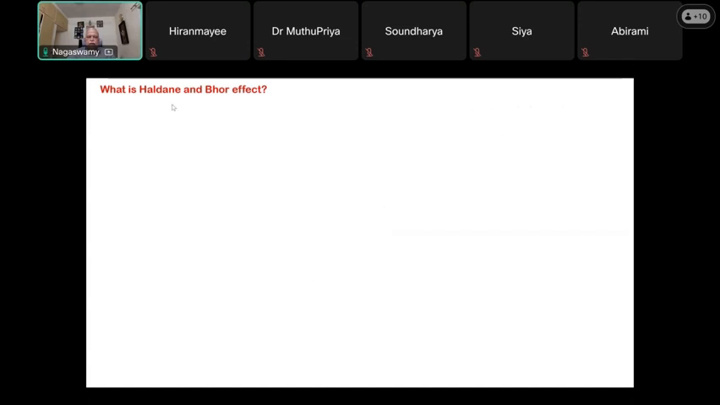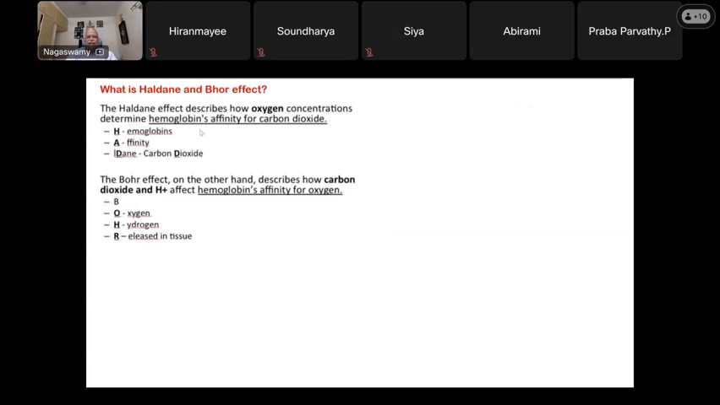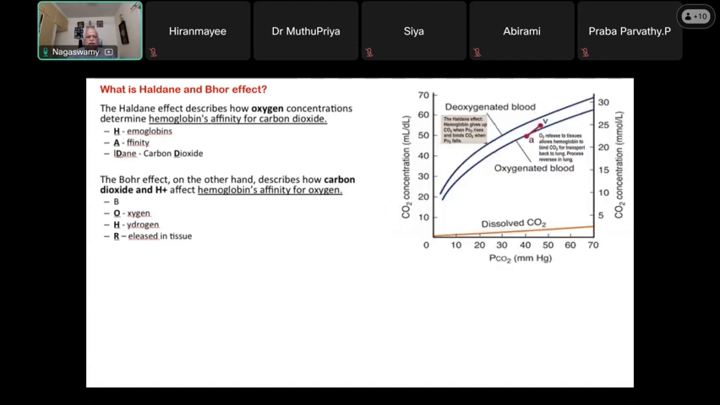Because this is basic physiology, all of you would have studied. Bohr effect takes place at the tissue for delivering oxygen from hemoglobin, and Haldane for carbon dioxide. So Haldane effect describes how oxygen concentrations determine hemoglobin affinity for carbon dioxide, and Bohr effect is the one which describes how carbon dioxide and hydrogen ion affect the hemoglobin's affinity for oxygen. Okay, so this is simple, you can remember that